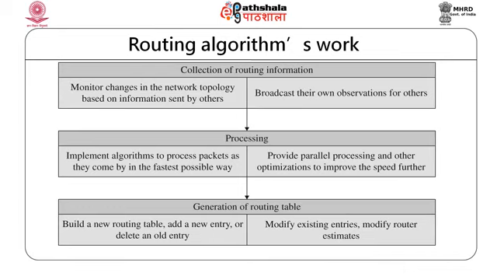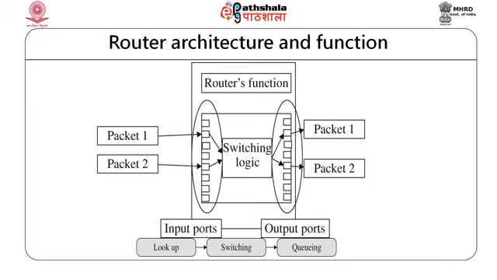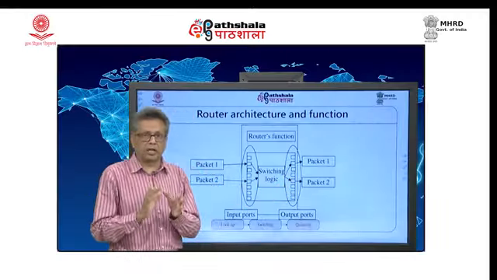Here is a very simplified architecture of a router. A router is a very complex device, but this is something very simple. We have two different types of ports, one called the input port, the other called the output port. In true sense, there is no such distinction, every port is input as well as output, but it will not make much of a difference to our discussion. We have done this to simplify our explanation. Packet 1 comes here, packet 2 comes here, and packet 1 will have to go to this output port, and packet 2 has to go to that output port. The switching logic sitting in between has to do that process. Once that is done, the packet reaches the required port and is sent.